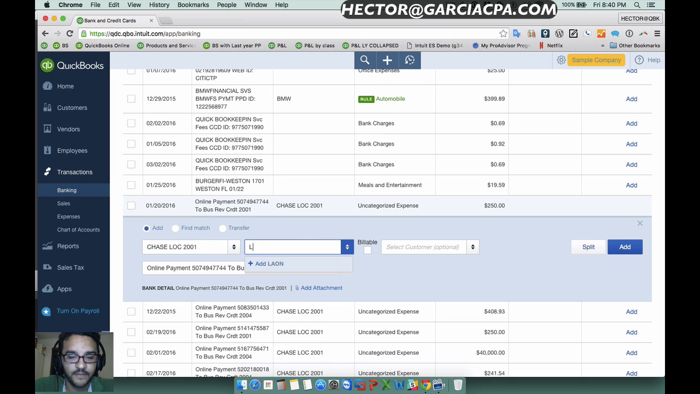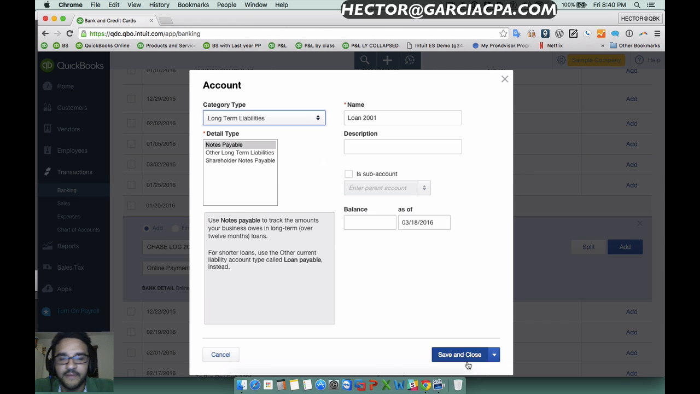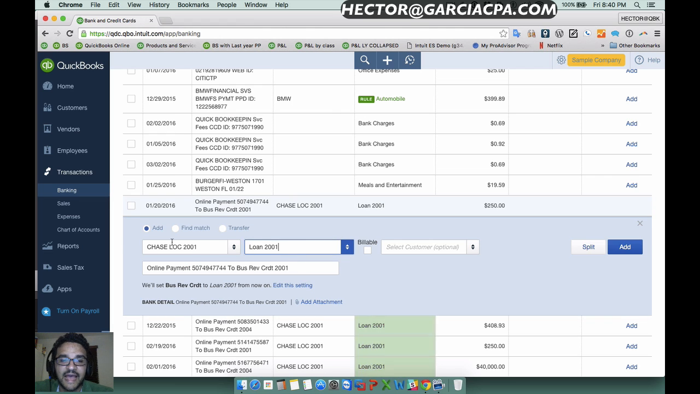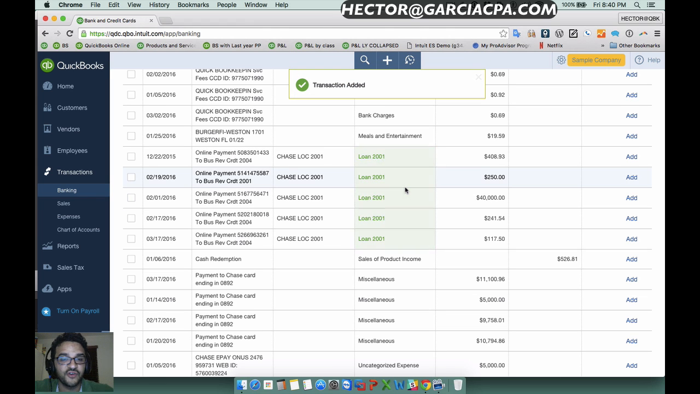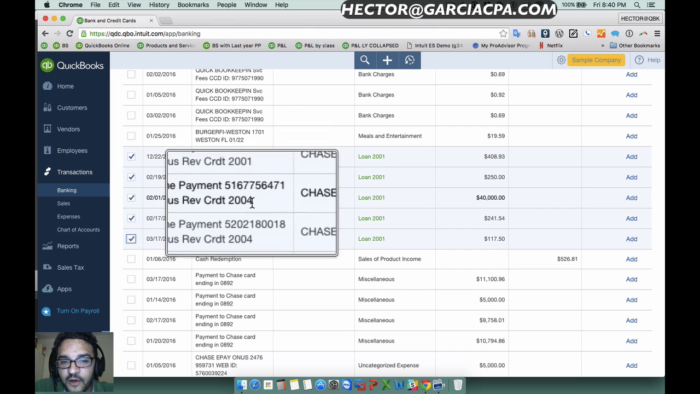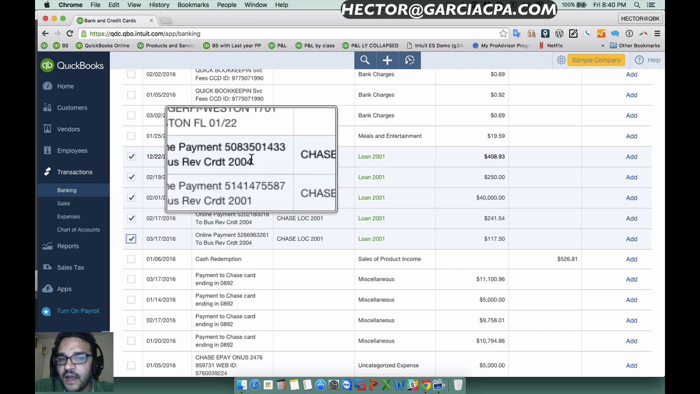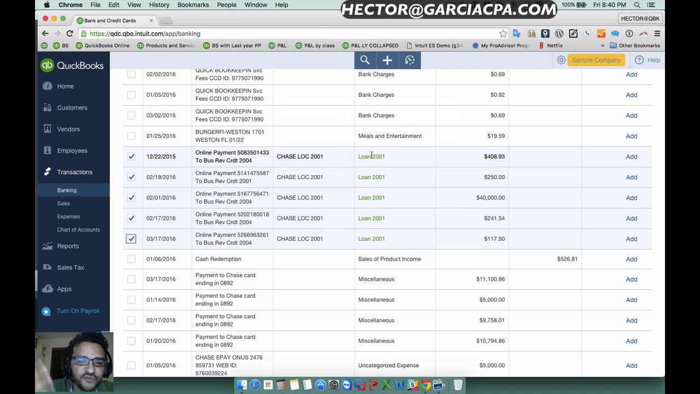Let's just call it here. I'll create an account called loan 2001, and then I'll create this as a long-term liability, for example. So that's the challenge that I have: sometimes QuickBooks is smart, but it's not smart enough to know that one character difference in this case could be an entirely different transaction. So if I just click on add and I say okay, and then I trust what QuickBooks is doing, and I click here, and I accept them, I'm going to have a problem where we're going to see different loans being affected, but only one account is being hit in my chart of accounts